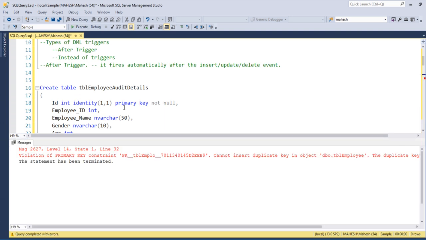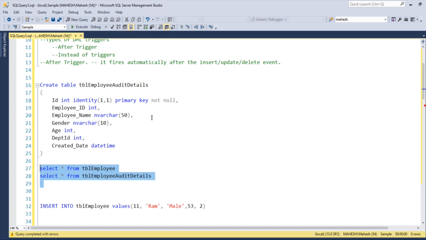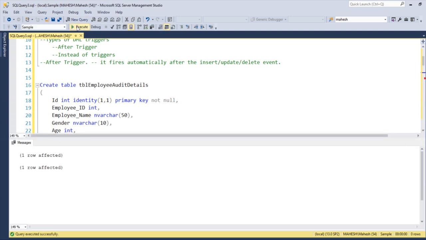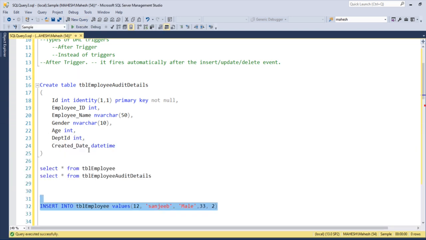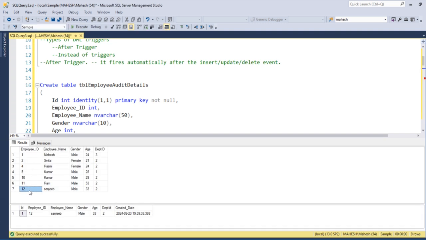Let's reinsert again. Okay, let's insert it. Okay, now 2 rows affected. One is into this table and second into this employee table. Okay, see, now you can see this one and this one. Okay, when I insert into this employee table, the record is inserted into this audit table. Okay, so this is the function of a trigger. Whenever you insert something into the main table, the details are automatically inserted into the audit table. Okay,